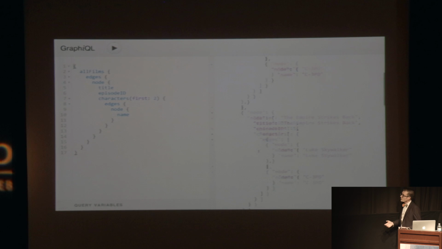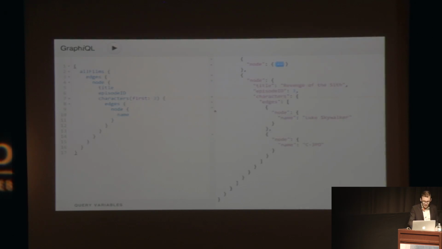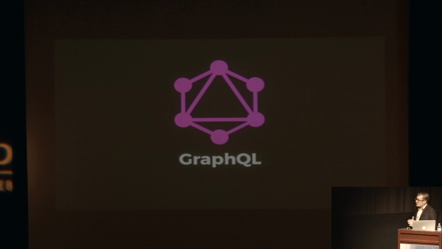We have code folding on both sides, the editor and in the response. So this is really a full-featured IDE that we can use. And at Facebook, this is a really important part of how we develop things by using GraphQL. So that's GraphQL. What started as a tool for us to build just a great version of native newsfeed has